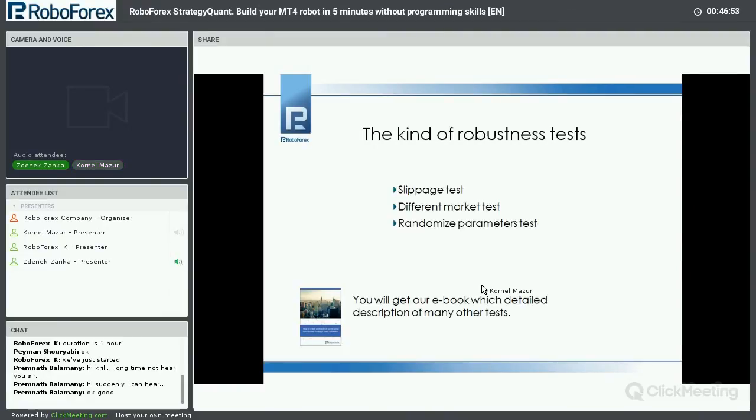So the first one is the slippage test. You know that when you trade, there is some cost of trade, like slippage and spread. You know how big the spread is; for EUR/USD, it can be 0.6 or depend on conditions, depending on whether some news appears or whatever. But sometimes you can get big slippage, and you don't like it, but this is simply